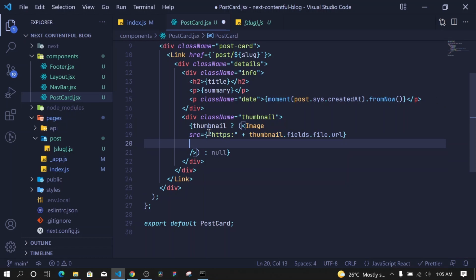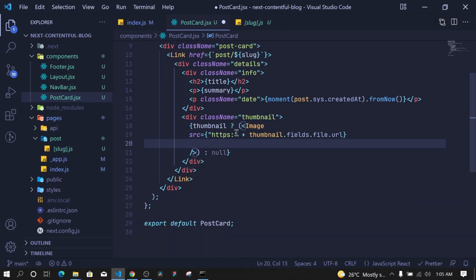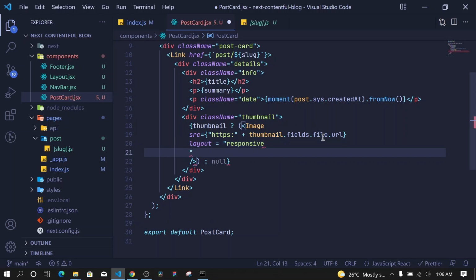This image component also expects us to pass the width and the height of the image. So first of all, I don't want to use a specific height or width of the image. I want it to be a bit responsive. So first of all, I'll include layout to be responsive. This is necessary when using this image component and you want to make it a bit responsive. You don't want to use exact height and width. And then I'll say object fit to be contain,